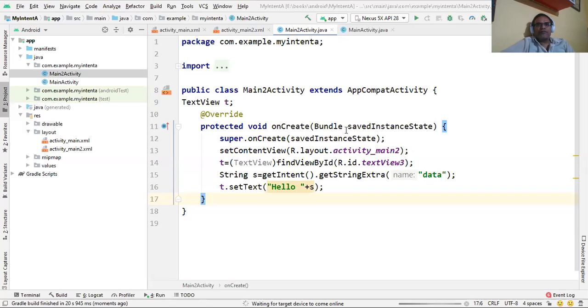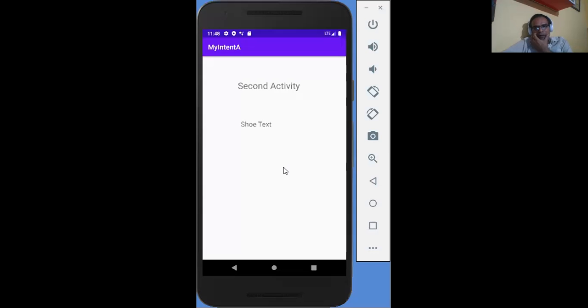So now I show you the execution on the Android emulator. So this is the Android emulator, and now execution is going, so it's not completed. And this is the execution of the first execution.